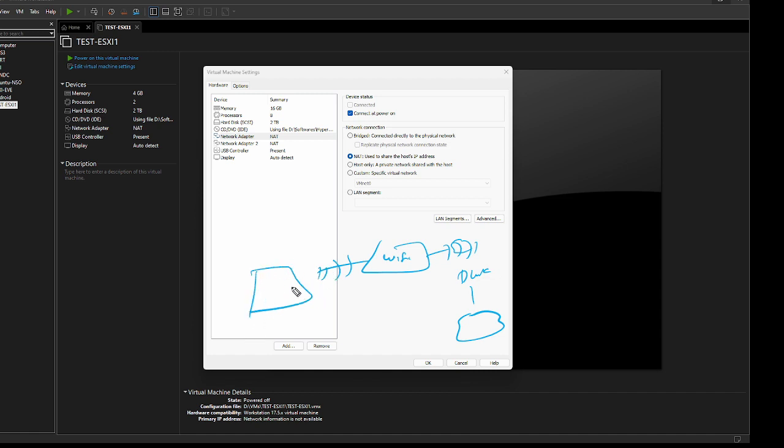Now what the bridge will do is, if I deploy a virtual machine over the ESXi, say application 1, and I tell my ESXi that you are going to bridge your network, that means whenever the bridge option is selected, this Wi-Fi adapter will be directly connected. It is just attaching, mapping.